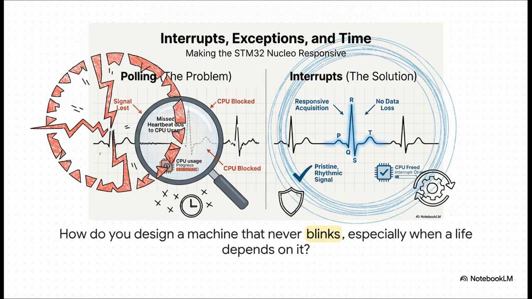So, let's imagine for a second that you're building a medical device, maybe a heart monitor. The data you're collecting has to be absolutely perfect, totally rhythmic, without a single misbeat. A dropped signal could literally be catastrophic. So that's the central challenge, right? How do you design a system that can juggle other tasks, like updating the screen, without ever missing a critical